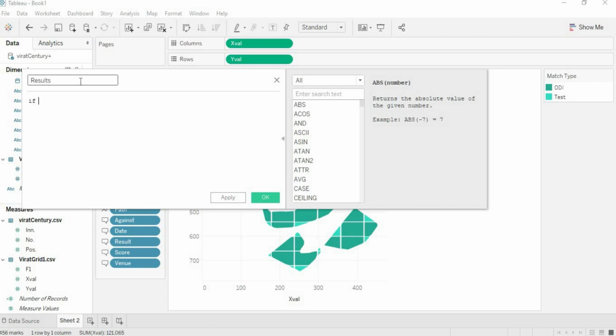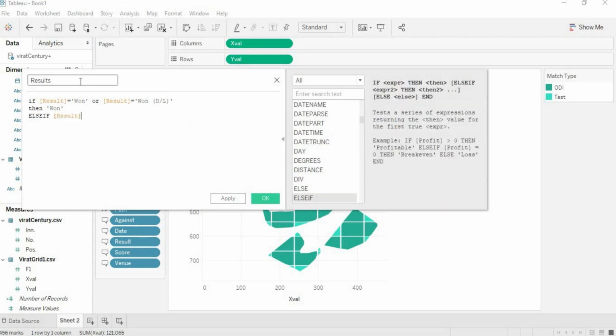If result equals won or result equals won D/L, then it should display won. Else if result equals lost or result equals lost by double is, then it should display loss.